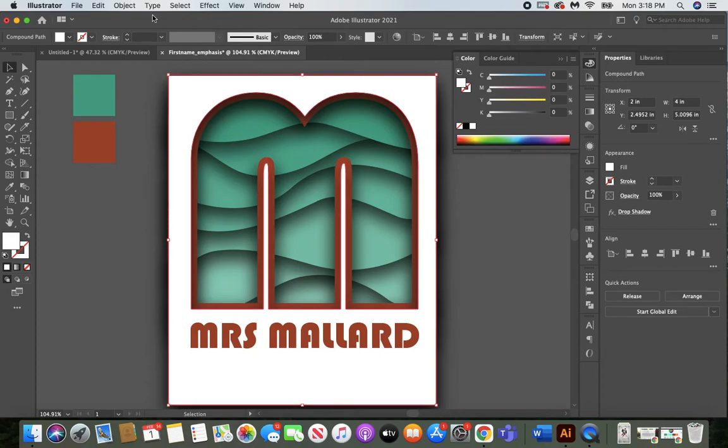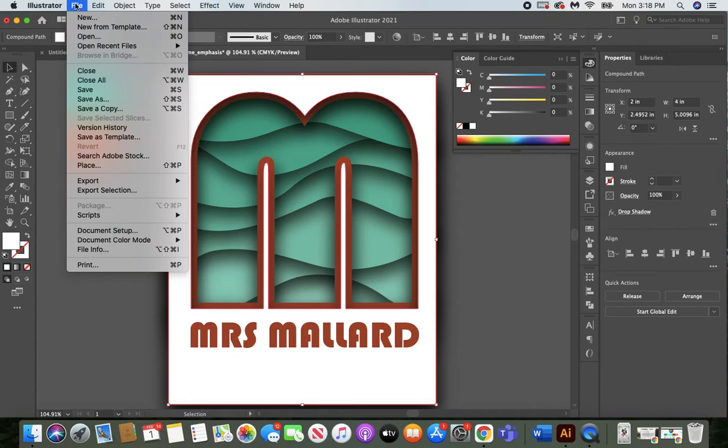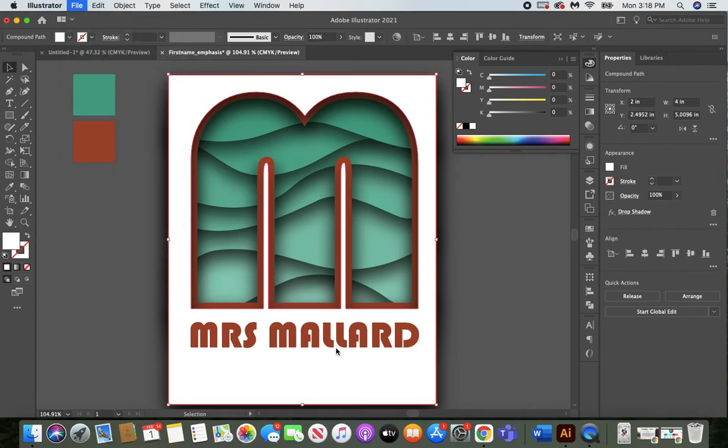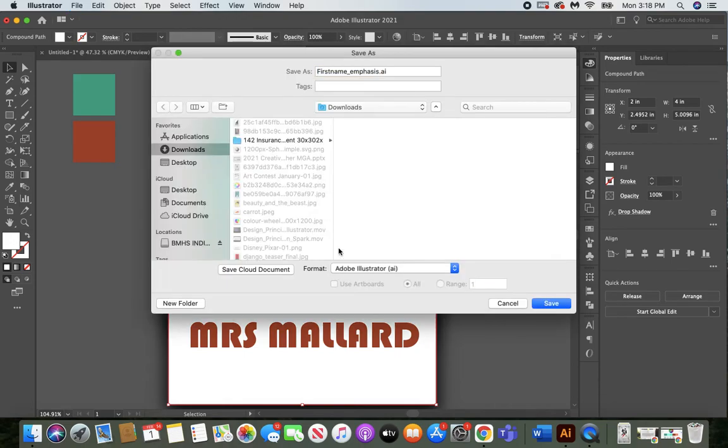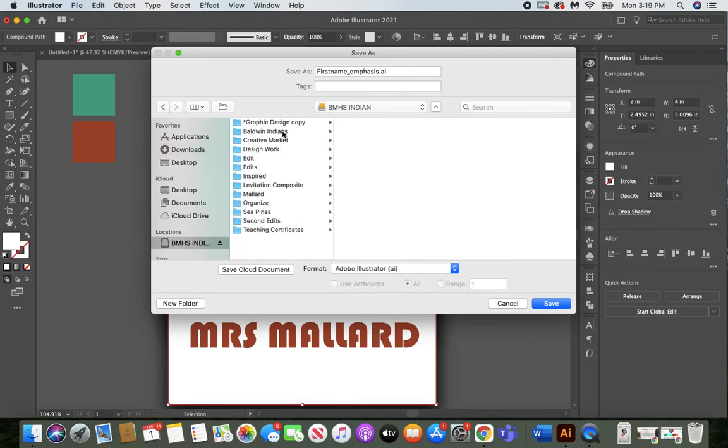Lastly, what I want you to do is make sure you're saving it the correct way. So I'm going to go to File, Save As. You want to save it as an AI file. Make sure when you set it up, you should have done your first name _ emphasis. Check where you're putting it. Right now mine's in the downloads. I'm going to go ahead and put it in my external hard drive